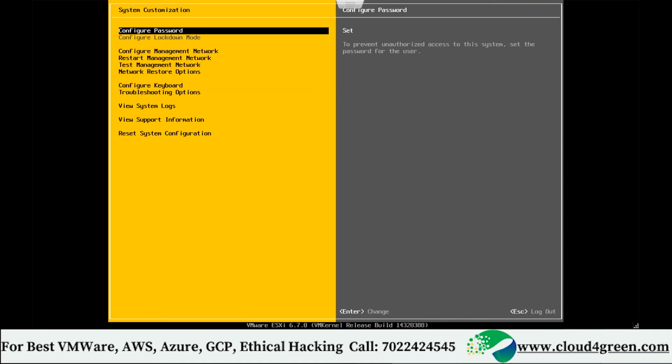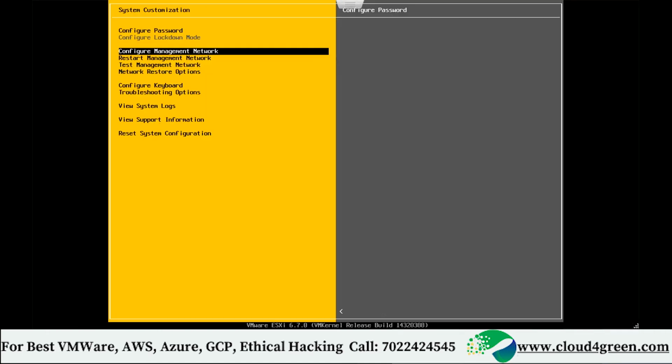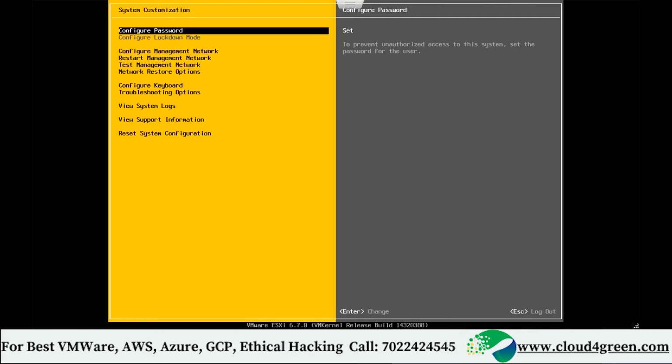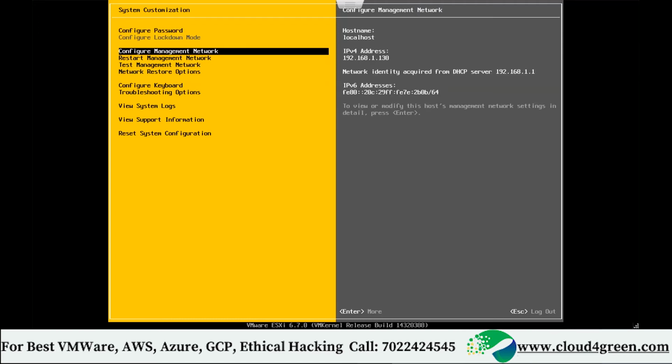Okay. The next option is called configure lockdown mode. That is grayed out, correct? Can you see? I could not go to that option because this is a vCenter feature. Write down the next option, configure lockdown mode. This is a vCenter feature. I'll tell you what vCenter is later.